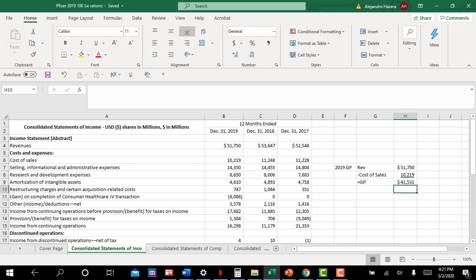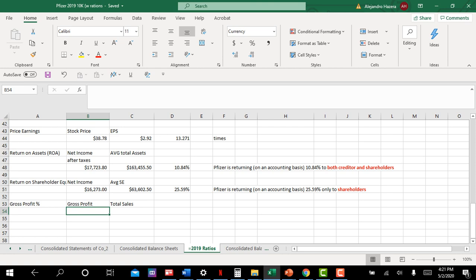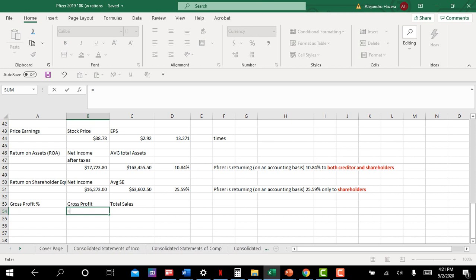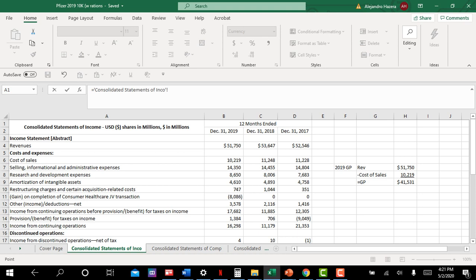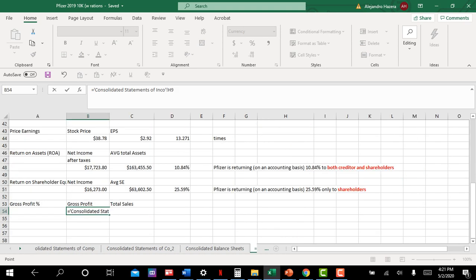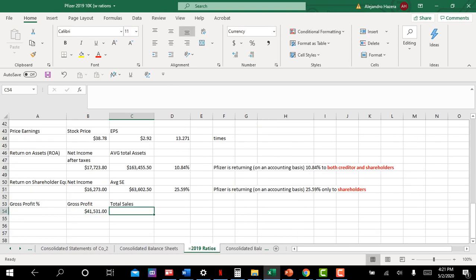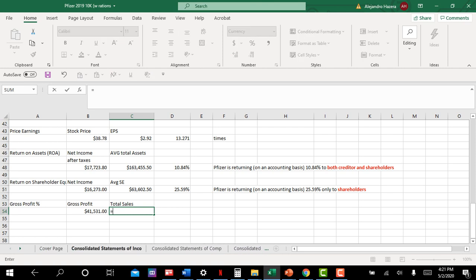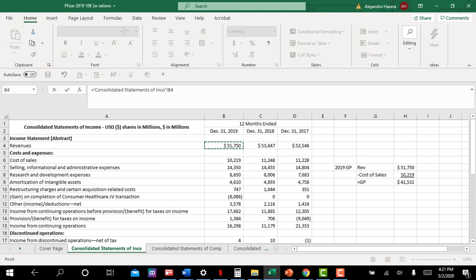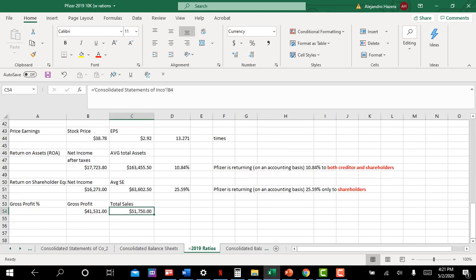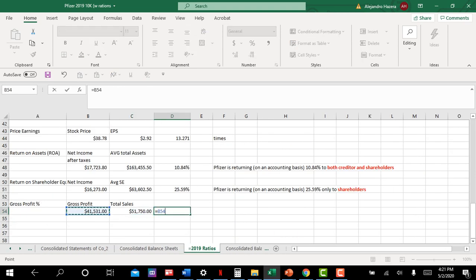So if we go back to the ratios, okay, and gross profit percentage, the numerator is, now it gets easy. The numerator here is the gross profit that we just computed. Gross profit is that number right there. Total sales is equal to the top of the income statement. We'll go to the top of the income statement, which is that number right there. It's equal to the same number I used. So your gross profit percentage is,